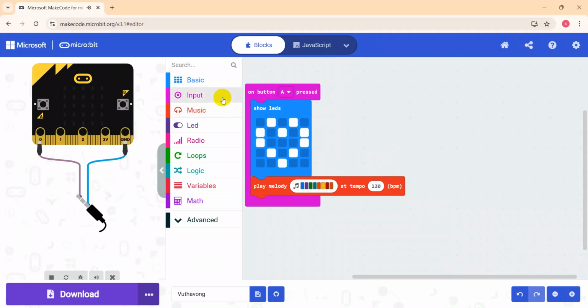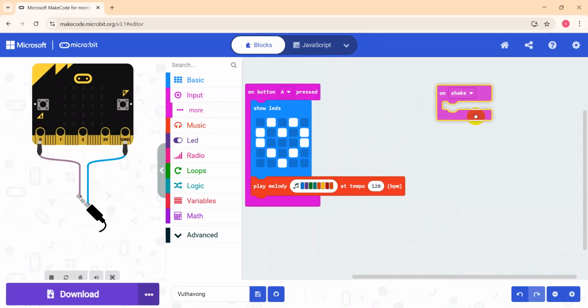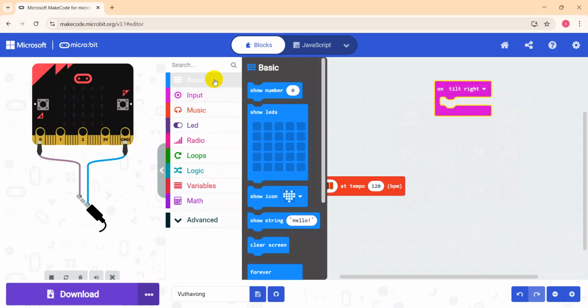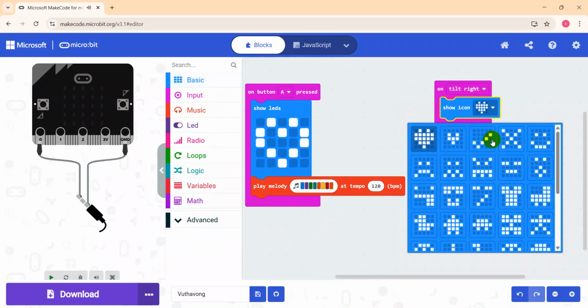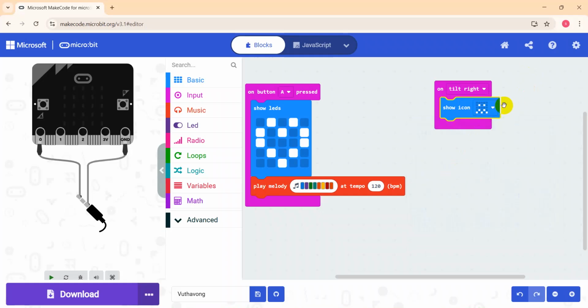Okay, and then go to Input again. Take on shake, then select tier right. Then go to Basic. Take show icon here, then take this. Here, take this confused. Okay, and then